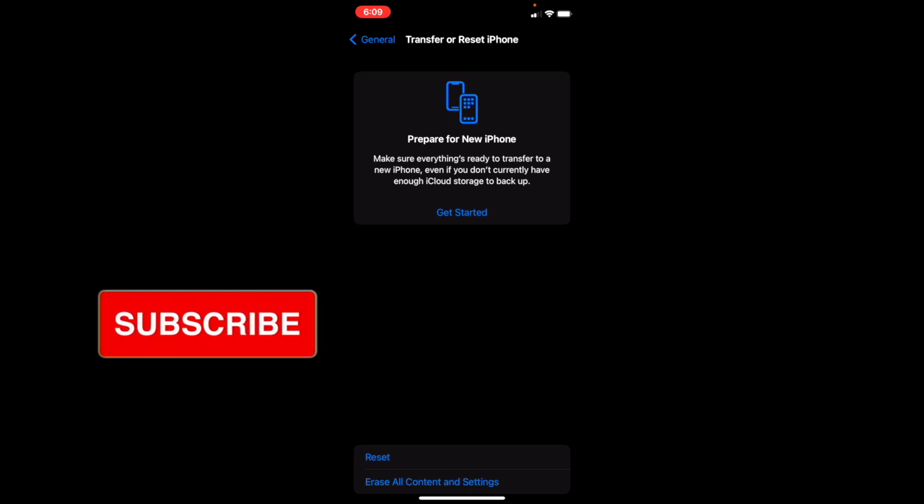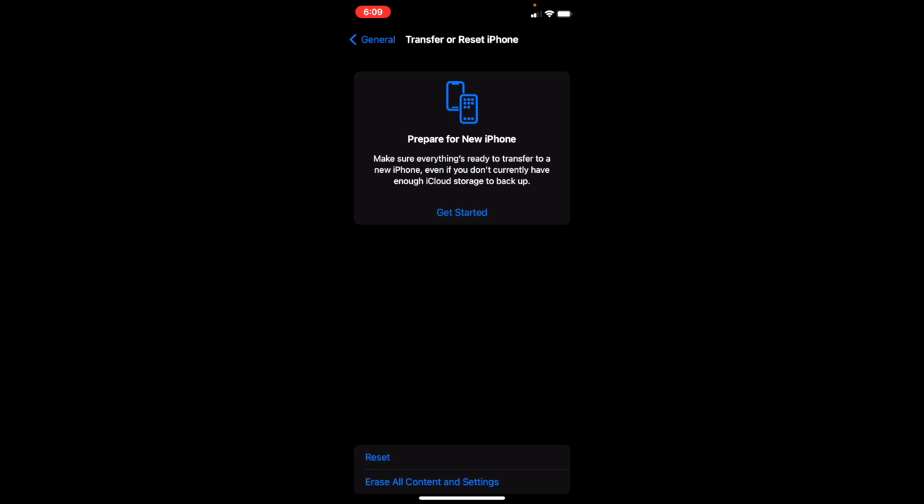So once you're at this page, it will say prepare for your new iPhone, make sure everything's ready to transfer to a new phone, even if you don't currently have enough iCloud storage to back it up. So if you're trying to transfer everything to a new phone, go and select get started. If you want to reset your phone, you want to click the reset button at the very bottom of the screen. But also if you want to erase all the content and settings on your phone so everything just be wiped, you go and select that. But that's how you erase your iPhone